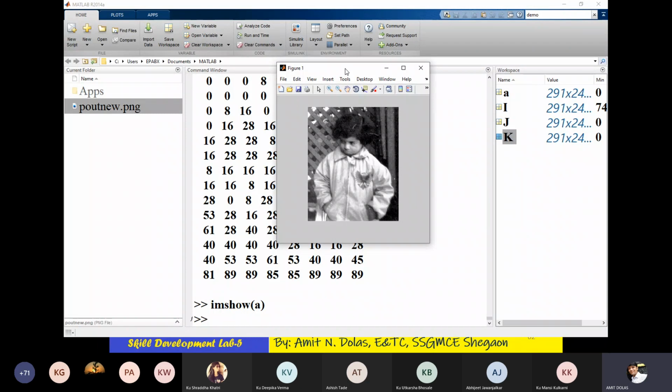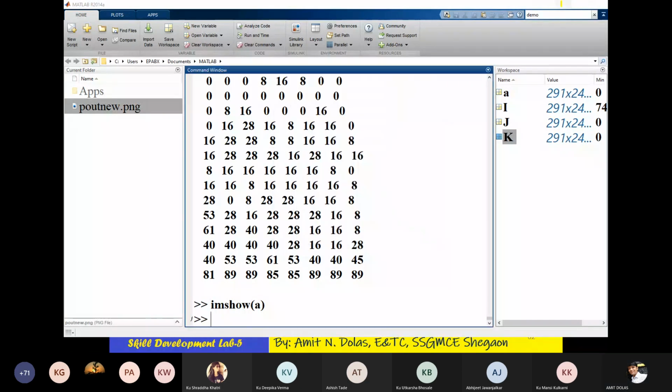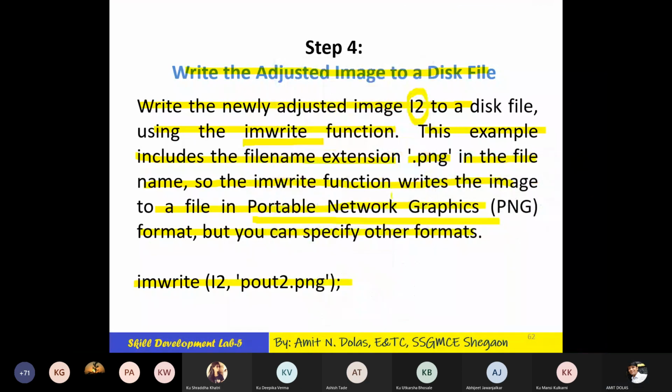We modified that, and again it is saved or written into the MATLAB directory with the command imwrite, with the name that you like, with the format that you like. Earlier it was TIF, I converted it into PNG.